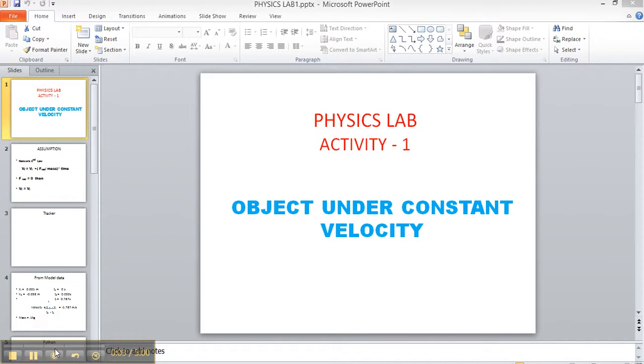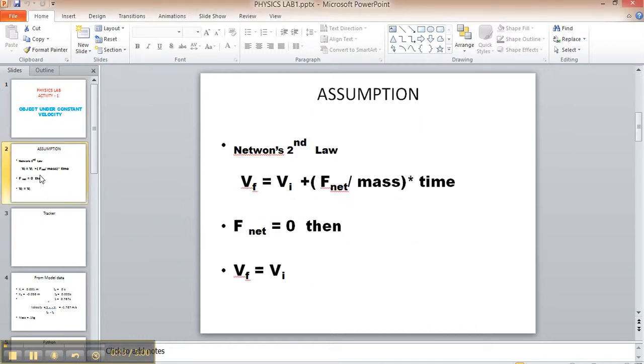This is my first lab activity analysis, and I'm going to analyze the object under constant velocity. For this, I used Newton's second law, and my assumption is force equals 0, so the initial velocity and final velocity will be equal. And I use the equation to deduce Vf equals Vi